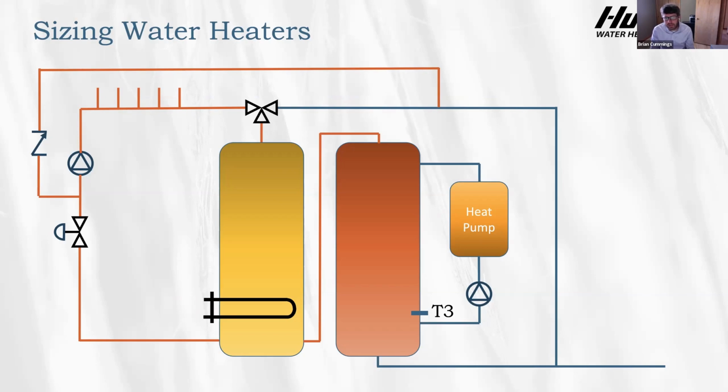Now, the disadvantage to this sort of system, well, first of all, there's a couple. So this water heater, the swing tank, cannot be a standard water heater. And I'll give you an example of one system that I just recently saw out in California. So they had 6,000 gallons of storage for the heat pumps, 1,250 gallon tanks. And they had it flowing into an 80-gallon tank